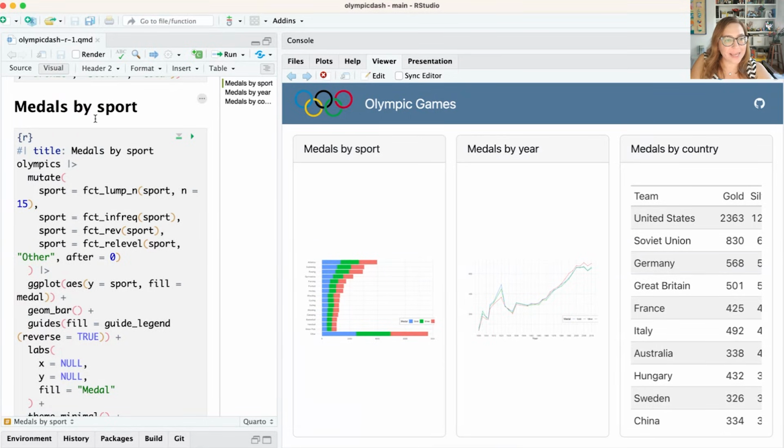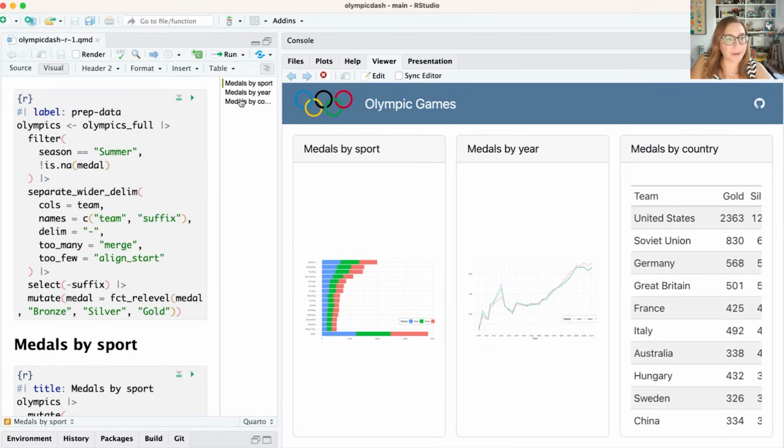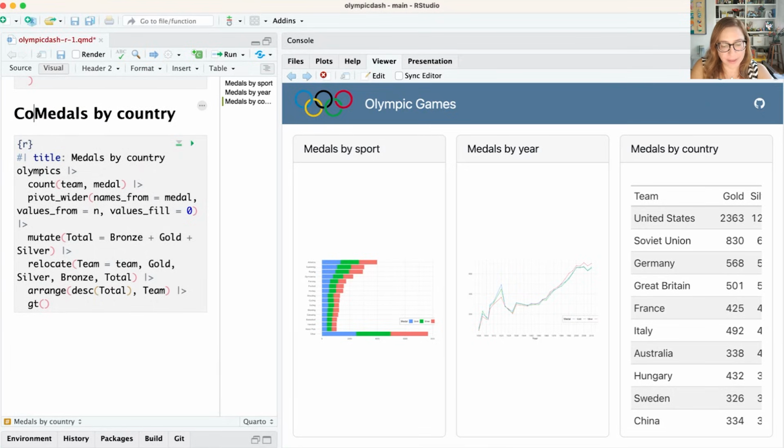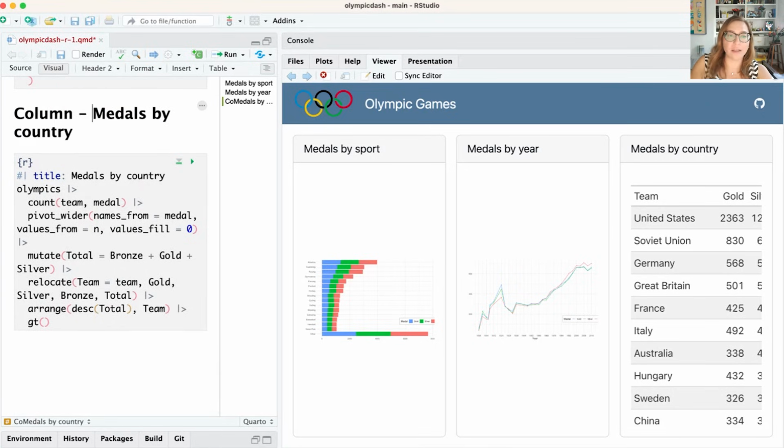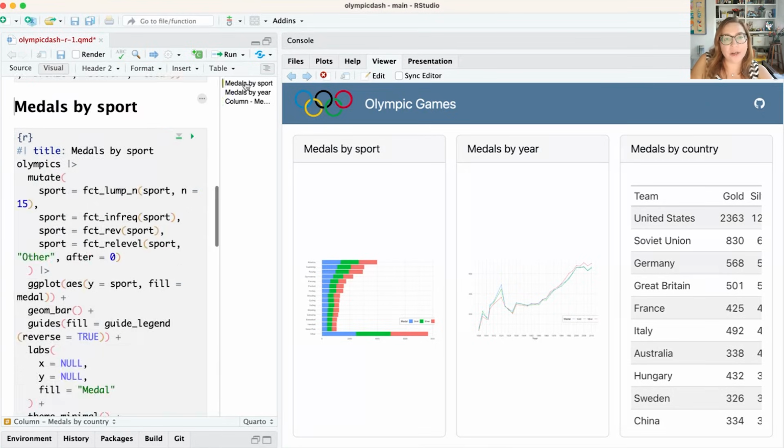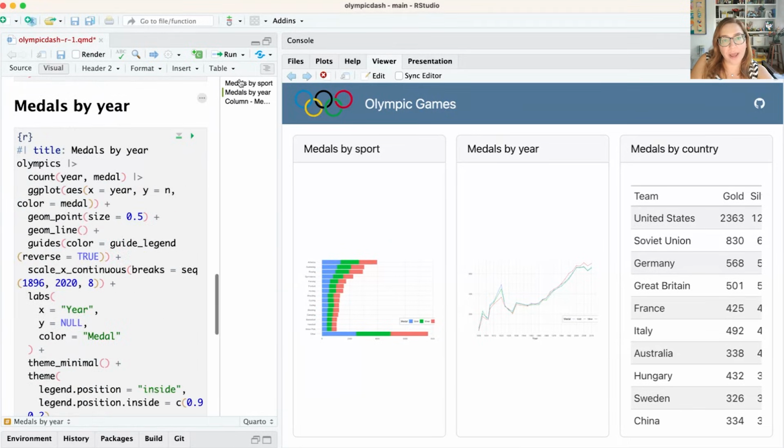So we can say that medals by country is something that makes a column. And what we want are for these 2 headers to be rows within that first column. So how will we go about doing that?